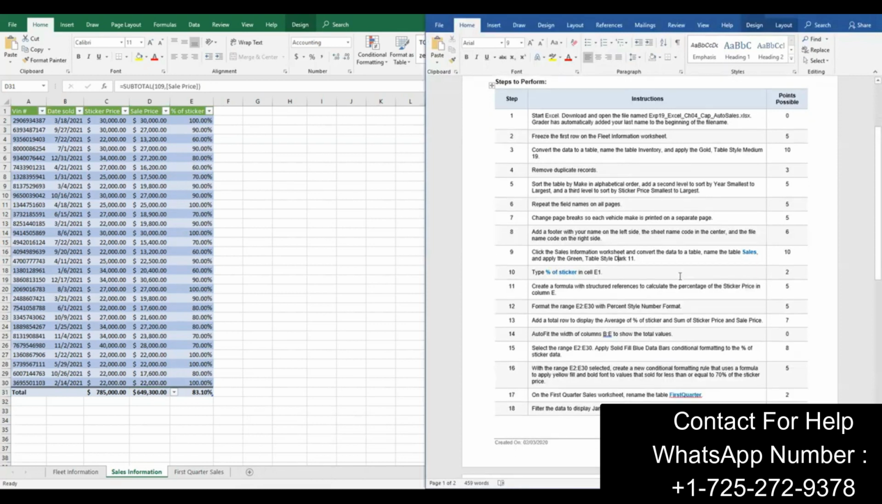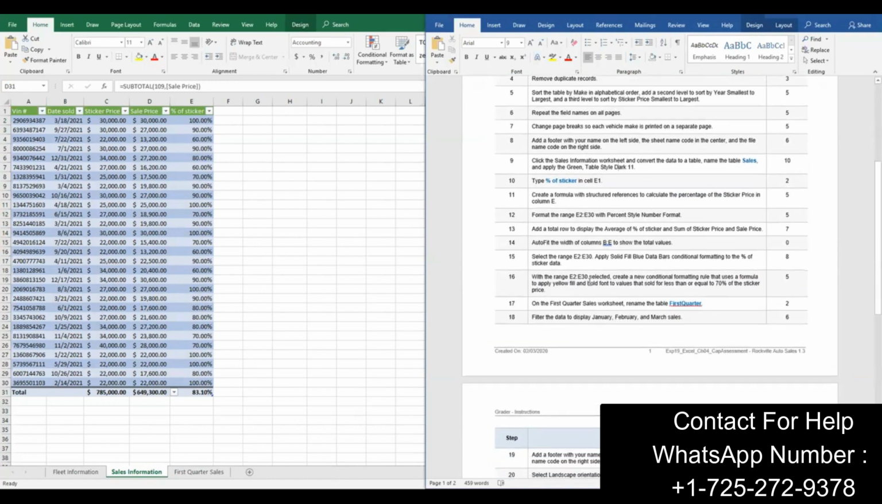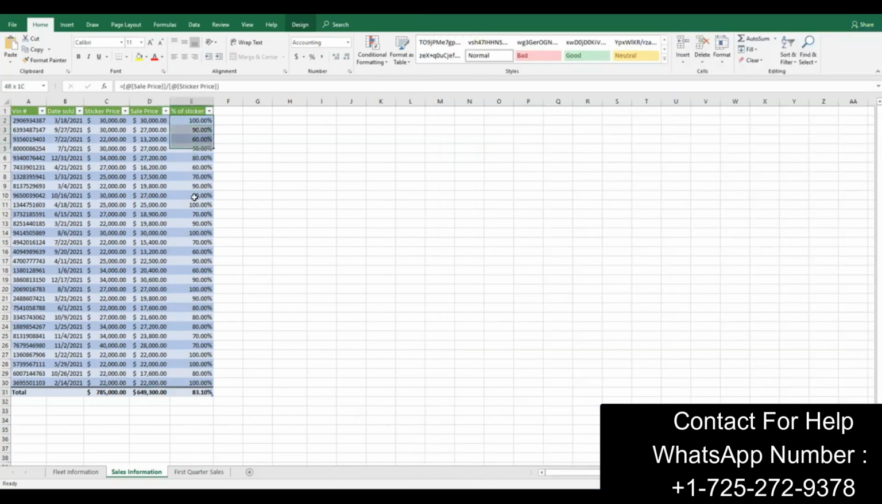So here we go. Now we get into the part where we talk about something called conditional formatting. Conditional formatting helps us to look at our data and really make some graphics to it so that it really shows us what's happening in there. So what we're going to do is select this information, E2 to E30. Then we're going to come here